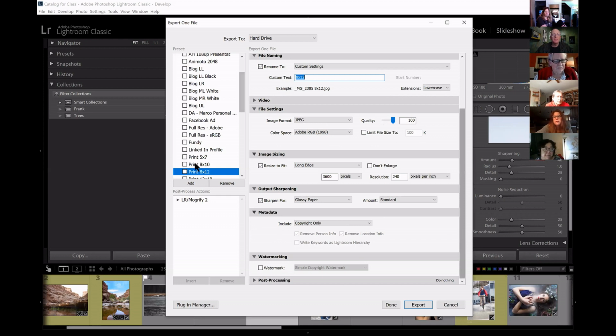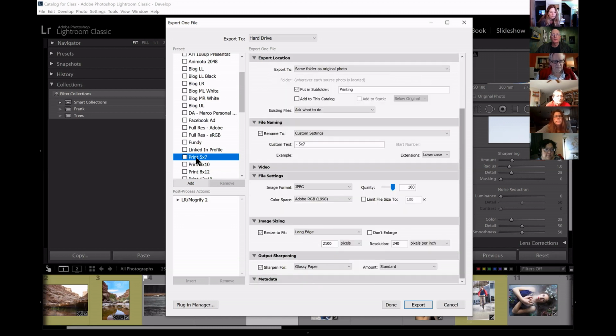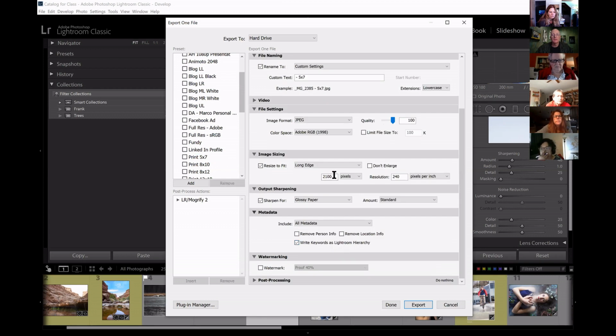And if I switch to the 8 by 10 one, everything's the same except the long edge value changes. If I go to 5 by 7, it changes to 2100 down here. All of these presets are identical. The only difference is the value in this box and the number we put up here, because that way, this one tells us that it's going to be a 5 by 7 copy at 2100. So if I export this now,